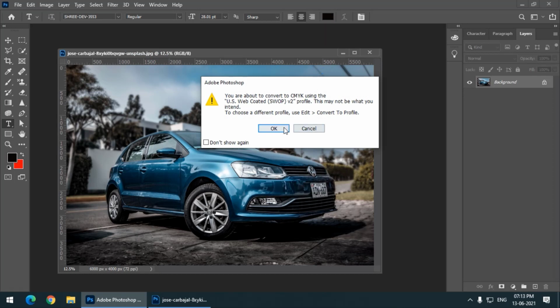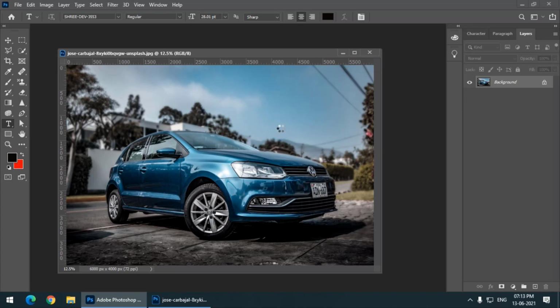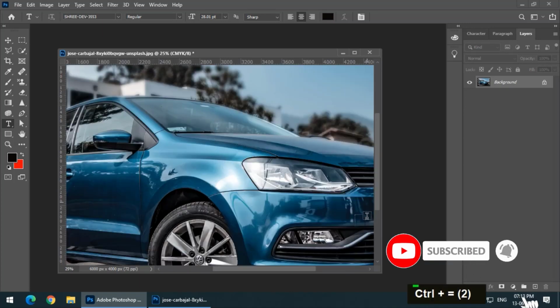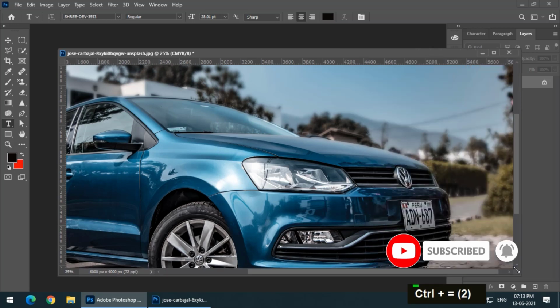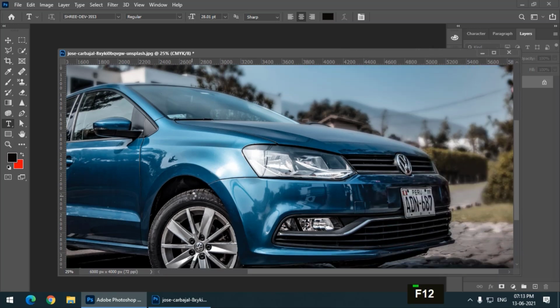If I press OK, then it will change the color slightly. I will revert this. There is a slight change, if you see over here. I will undo. So this is CMYK, and I'll redo again. This is RGB. So there is a slight change, but there could be a bigger difference some other time, in some other image.